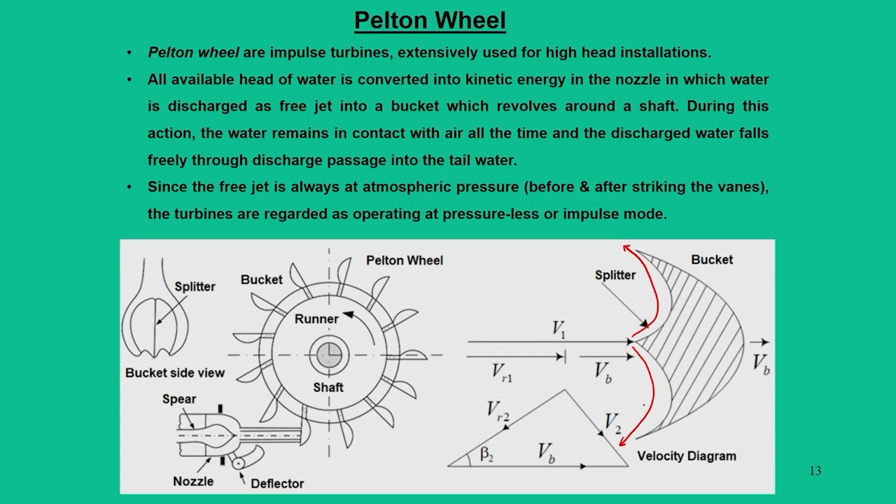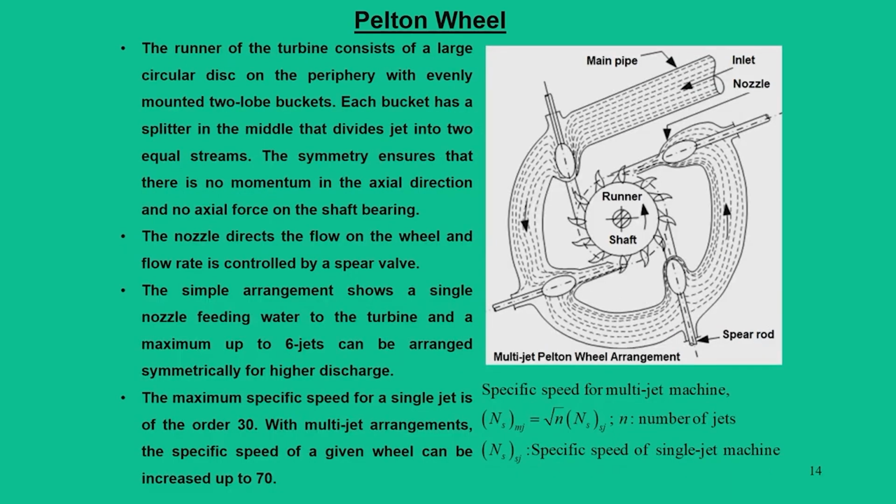So, when the water gets discharged from this bucket, it is ensured that the discharged water does not interact with the inlet water jets, otherwise it will create an interference. So, based on that the velocity triangles can be constructed, one at inlet, this we can say as inlet, and this we can say outlet. Through this process we can say that the bucket is induced with a velocity Vb, and also we can include this angle beta 2, and in the next diagrams I will show you how these velocity diagrams are useful